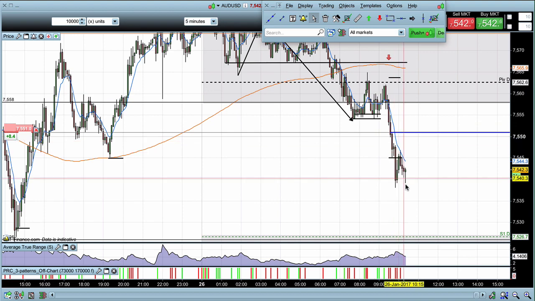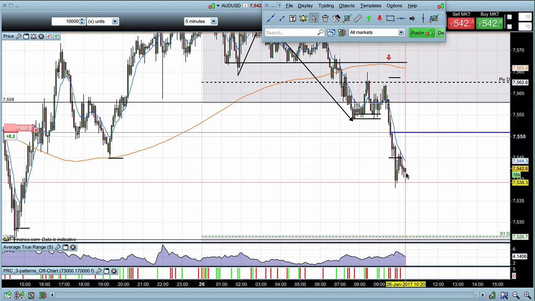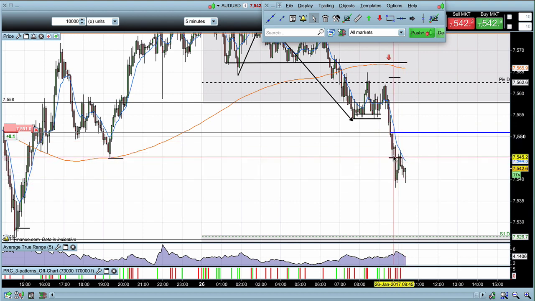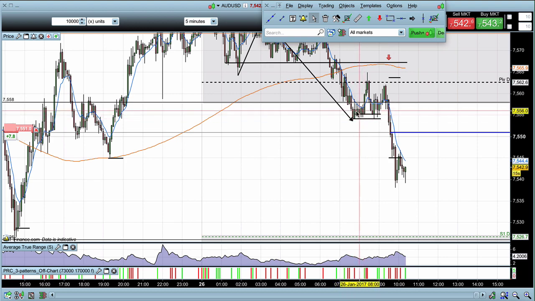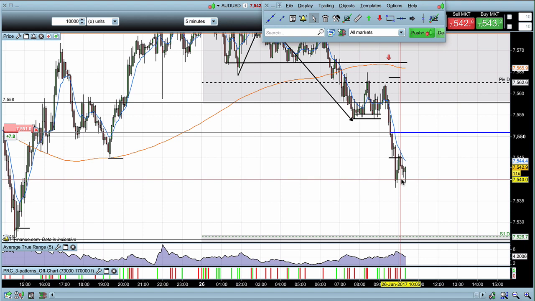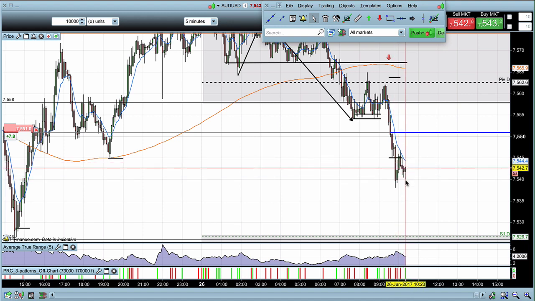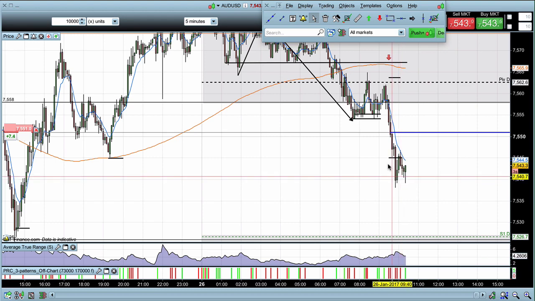with what you're doing. We are seeing a little bit of support here. As mentioned, I was really expecting the market to come back up and test these levels. We are all the way down now at the 7540, so I'm just watching the trade, seeing how the price action reacts now that we are down here.